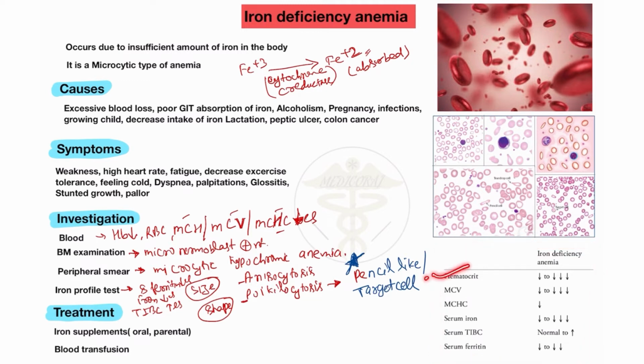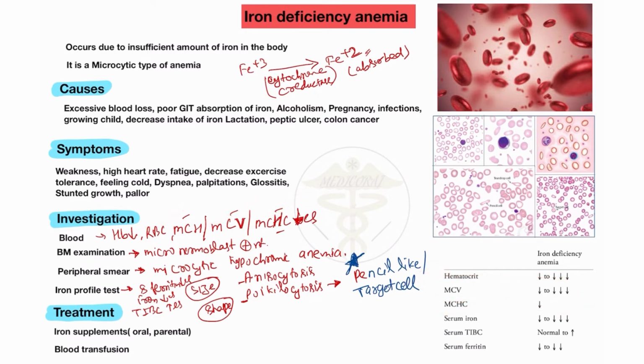Hematocrit value means, you all know RBC, when RBC value decreases and hemoglobin decreases, then hematocrit value also decreases. So in the patient hemoglobin level is less, RBC also decreases, so hematocrit value also decreases. And I already discussed MCV, MCH and MCHC decrease in the patient of iron deficiency anemia. Also learn the full form of these.